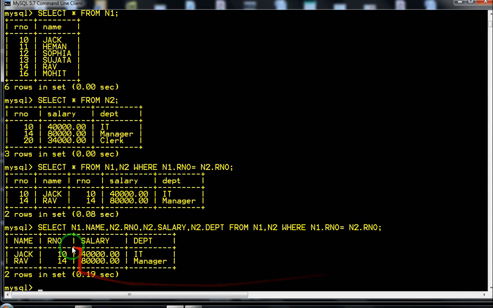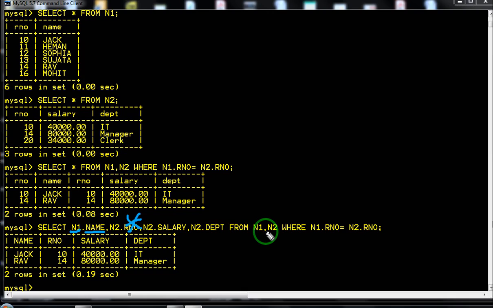So, now you can see roll number is coming only once. Why is it coming only once? Because I have specified the name of the table and the column that I want to display. If you put star over here, it will display all the records. So, it will display all the fields, then it will become an equijoin.